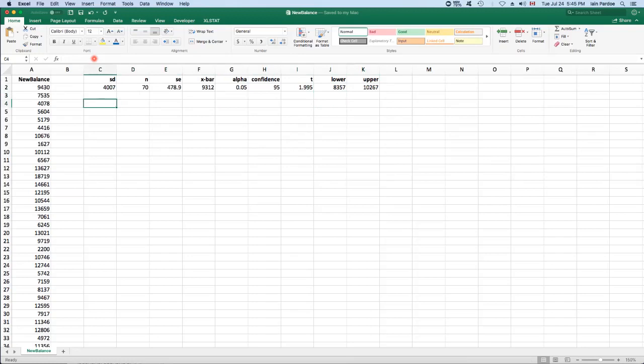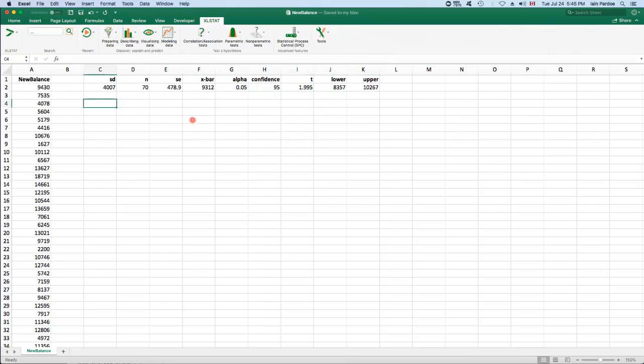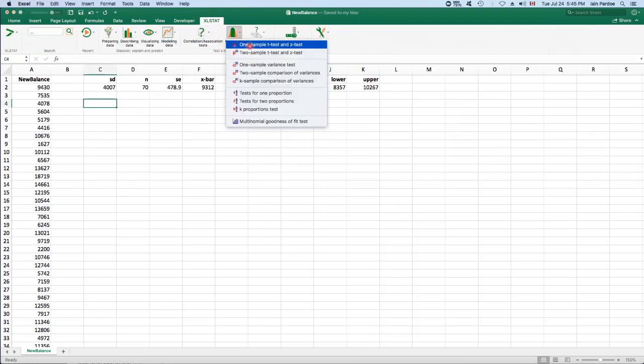The other way we could do this is use XLSTAT. But again, I recommend doing it the long way first, just to get to grips with the ideas. And then once you've got the hang of things, you can go to XLSTAT, go to parametric tests, one sample t-test,